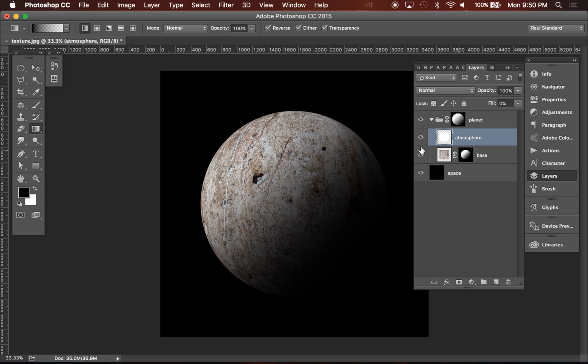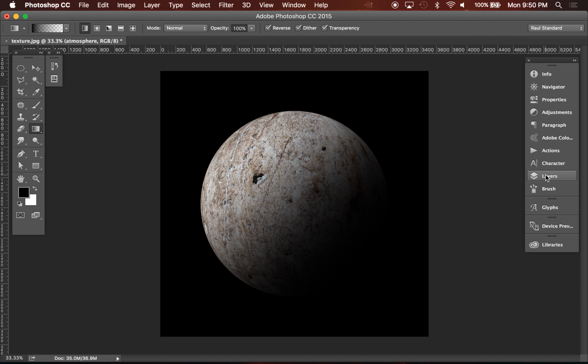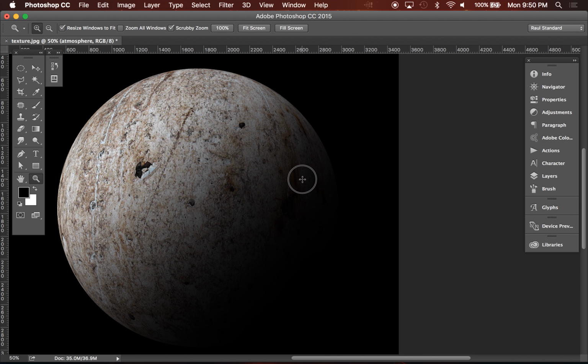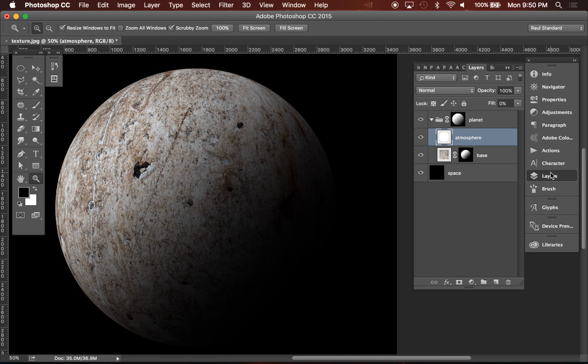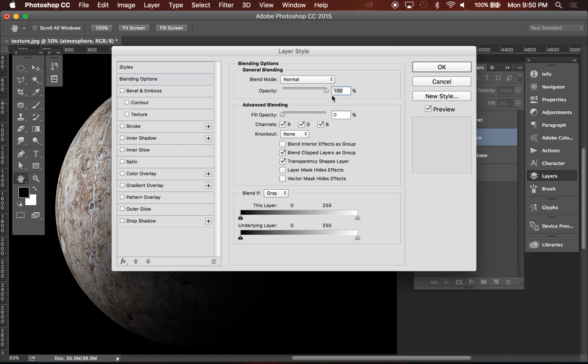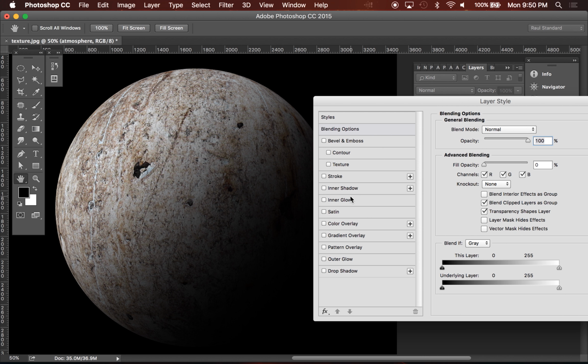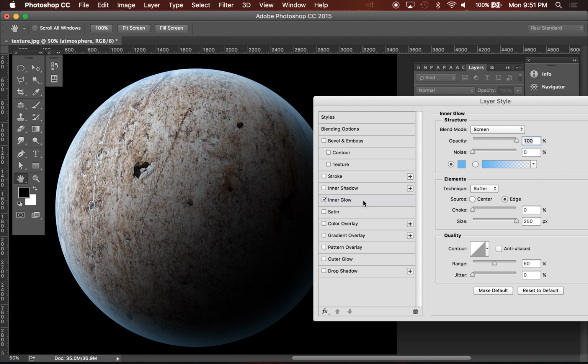And now what we want to do is start adding some atmosphere effects. So just start by zooming in a little bit and then pushing this off to the left. Then go to your layers, go to your atmosphere layer and double click on it until you get your layer styles window open. And we want to start by doing some inner glow effects. So right here, I kind of already have this set up, but what you want to make sure is that